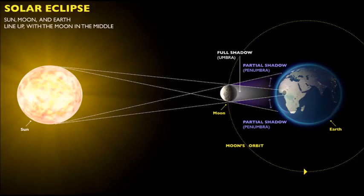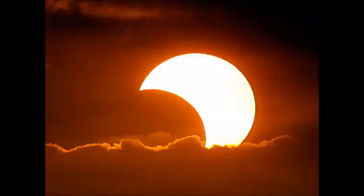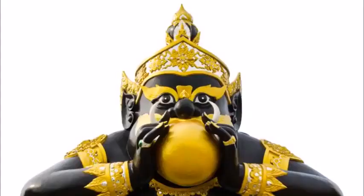This makes their theory impossible, because the sun would be behind the ball Earth in a straight line with the Earth and moon, making it the only way for the Earth's round shadow to be cast on the moon. However, in many eclipses, you can see the sun in the sky at the same time as the moon, so the angle of the 180-degree syzygy is not the case, and the round shadow on the moon couldn't possibly be from the Earth. The ancients had their own explanation for this, known as Rahu, or the Black Sun, which is